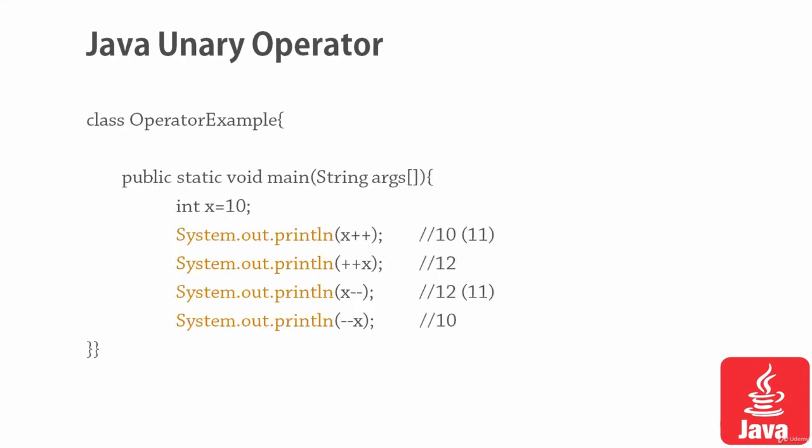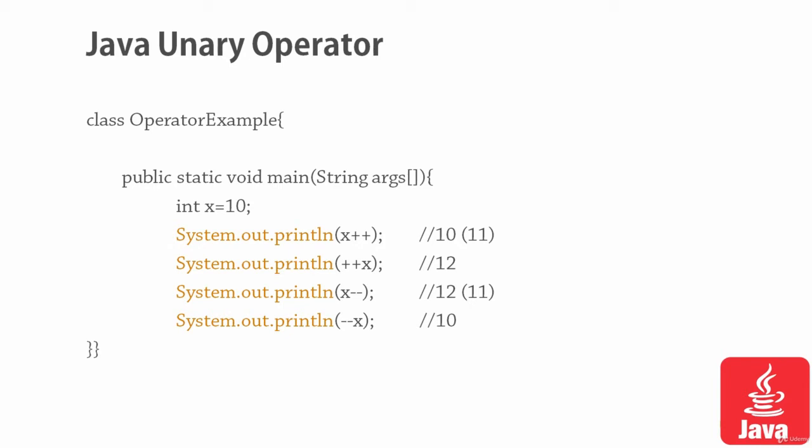So here is the demonstration of using the unary operator. First, we have the variable called x having value 10, and if we write x plus plus, it will increment the value of 10 and display the output 11 afterwards. If we write plus plus x, it will right away display the output. Remember that placing the double plus symbol or increment symbol after the variable will print the value of the current variable without incrementation and then increment the value.